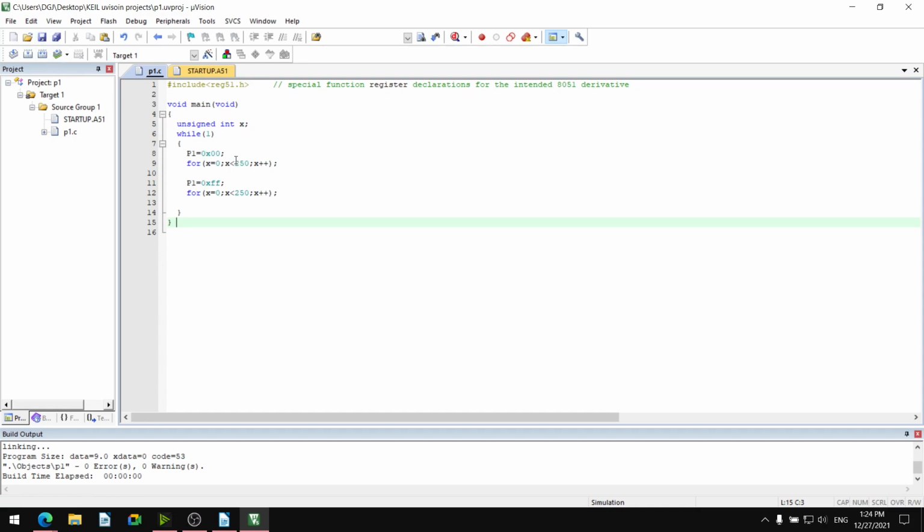Which are those? P1 equal to 0x00, for x equal to 0, x less than 250, x++, then semicolon. P1 equal to 0xff, and for x equal to 0, x less than 250, x++, bracket complete, and there is a semicolon after the for loop.